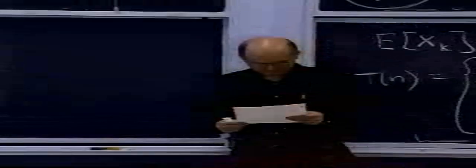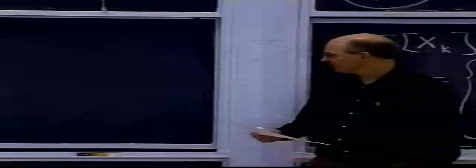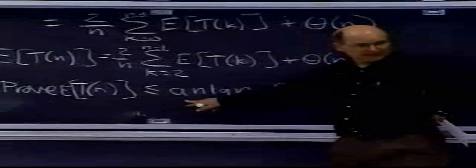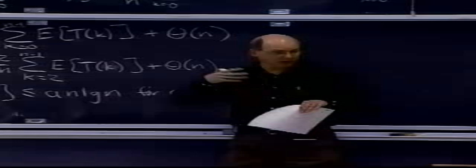So we want to prove that. How do we prove that? Induction. It's the substitution method. That's what we're going to do. So the first thing is we can choose a large enough to handle any base conditions. If n is at least 2, then for any base conditions, I can inflate a until a is big enough to handle any base conditions for the recurrence. So I really only have to deal with the inductive step.